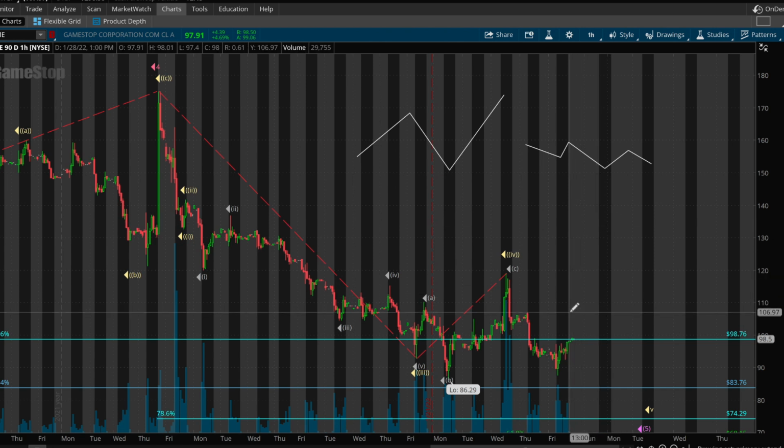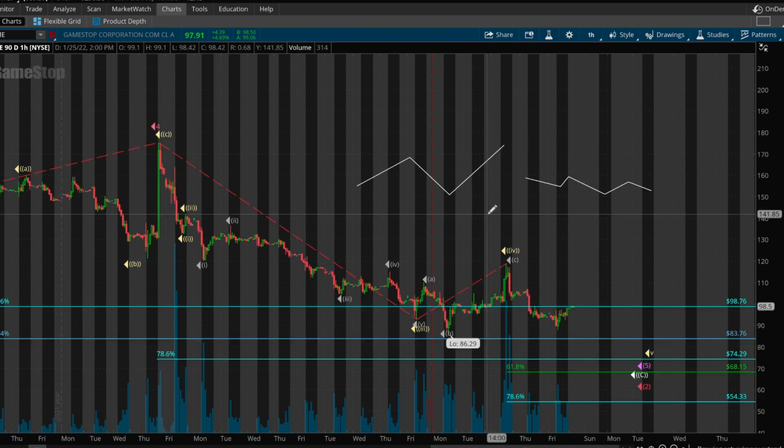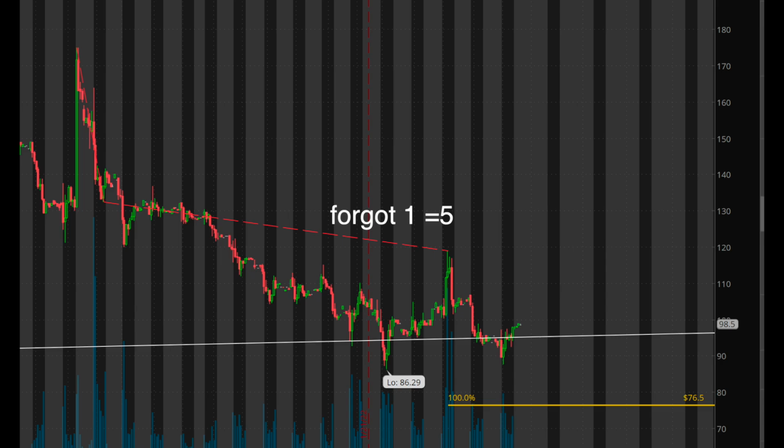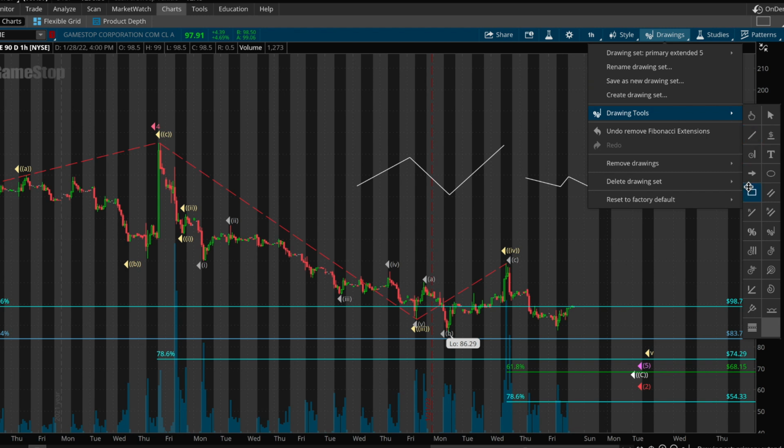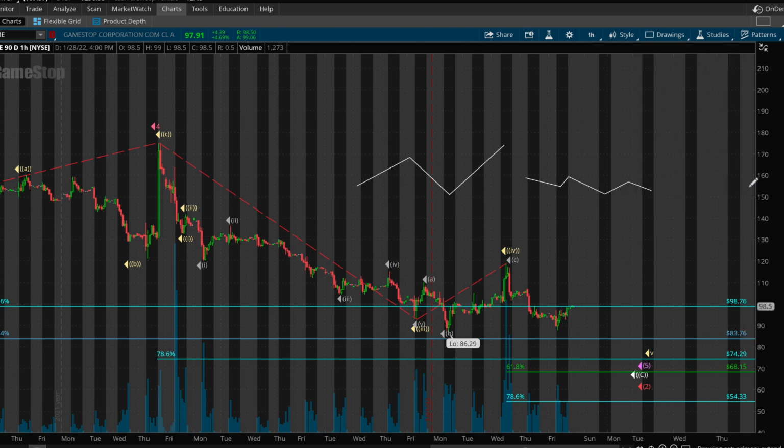But if we're not done, a way to look at this would be like, this is basically the equivalent to somewhere around here. And visually it looks the same, obviously, but if that's the case, then the targets we'd be looking at would be the 0.618 down at 68.15 and the 0.786 at 54.3. Like, we just don't know. All of these targets down here are potential ending points for the downtrend, but as the saying goes, we're in a downtrend until we're not,